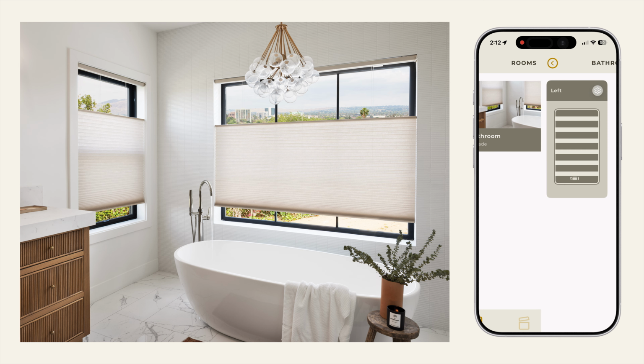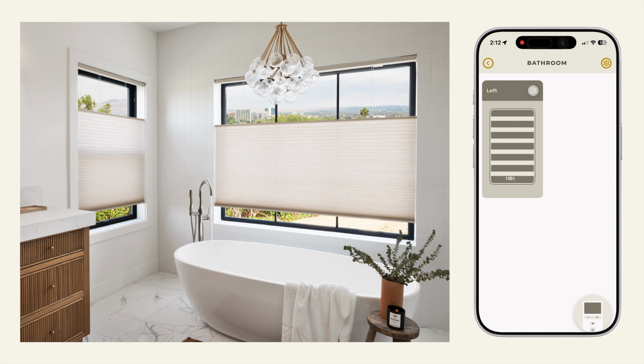The Favorite button on the remote features a star icon. Press the Favorite button once to move the selected shade to your preset favorite position of 50% open. To customize your favorite position in the app,